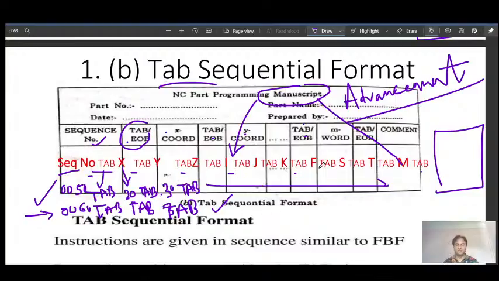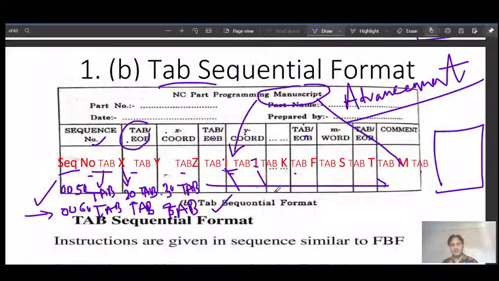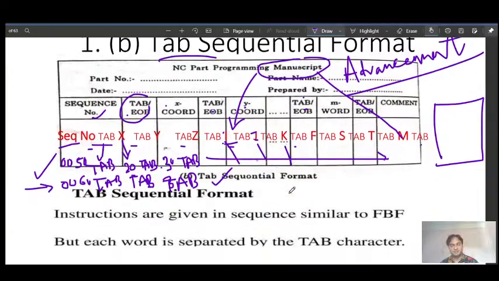Okay, so here we will discuss the same. Again values I, J, K for circular interpolation: I for x, J for y along the y axis, and K for z.